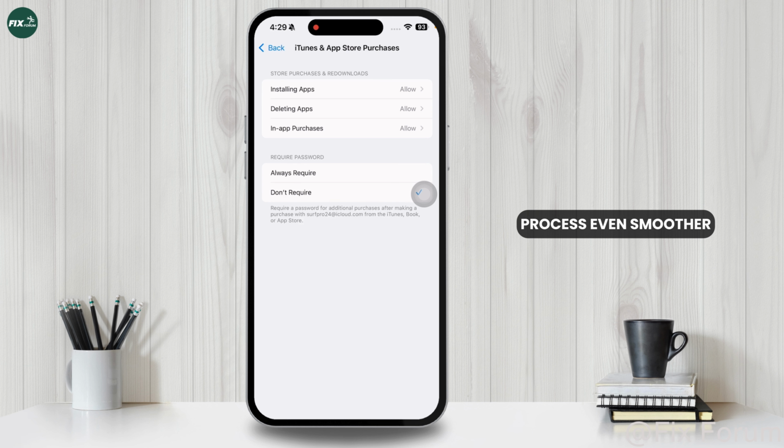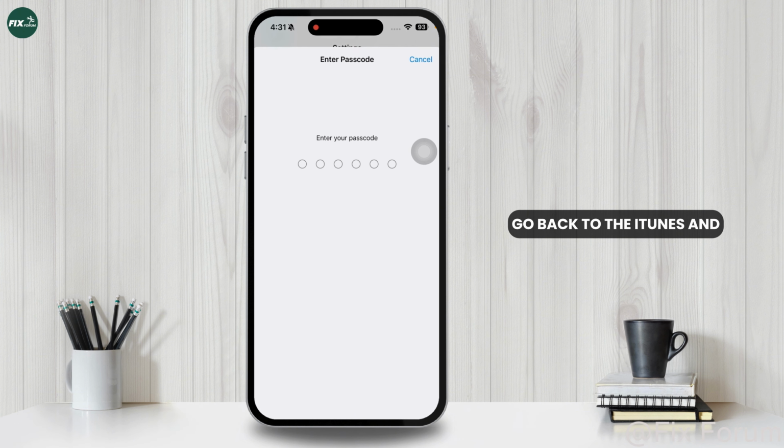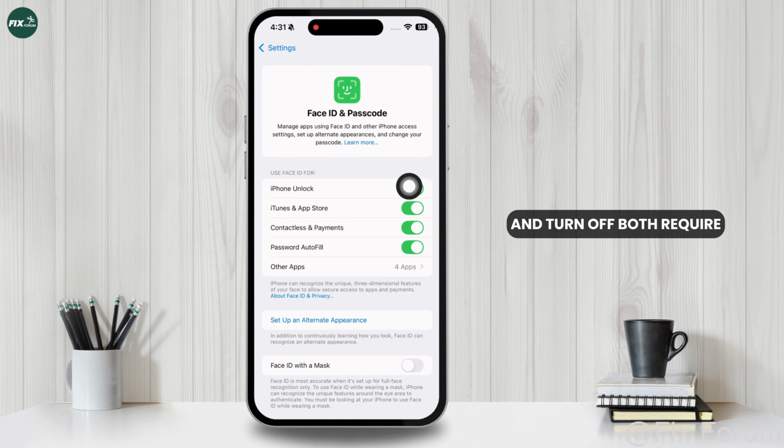To make the process even smoother, you can also disable Face ID and passcode authentication for app purchases and installations. Go back to the iTunes and App Store Purchases menu and turn off both Require Face ID and Passcode for purchases. With this setting turned off, you'll be able to install apps freely without needing any additional authentication. And that's it! You've now set up your iPhone to install apps without needing to enter your Apple ID password,